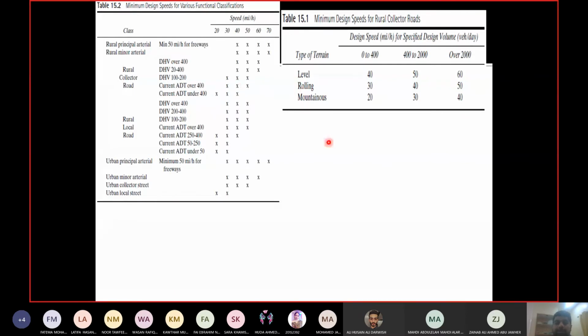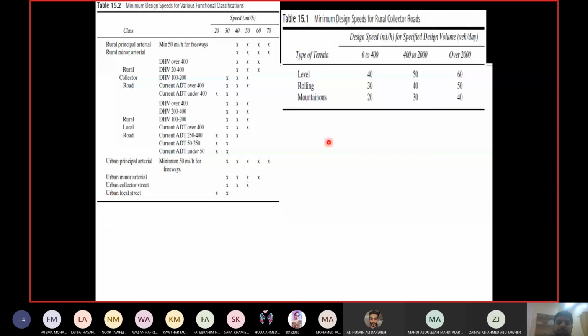Lane width: there is no change in the lane width, because lane width doesn't depend upon terrain or type of road or the volume. Lane width remained the same because I picked up the recommended value. Other values were not given, like it's not a two-way road or a local road or something. So I will pick the recommended value 3.6 meters, which is 12 feet.